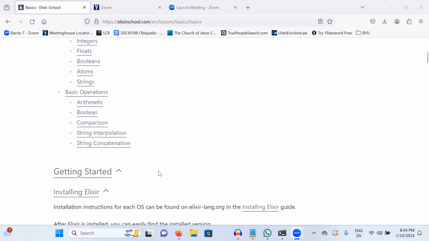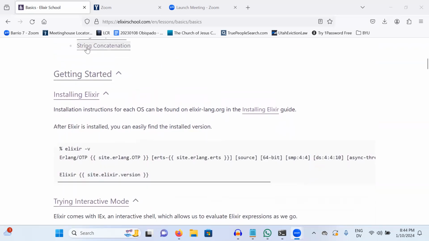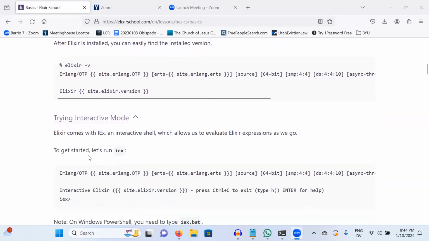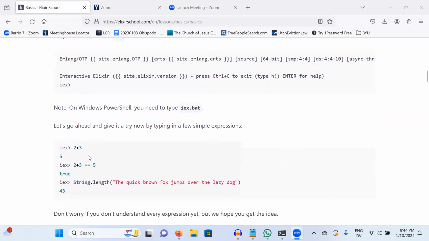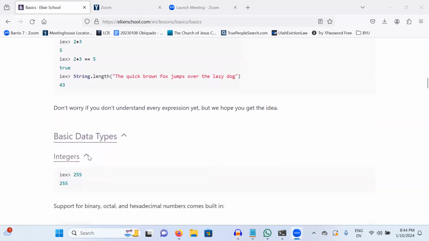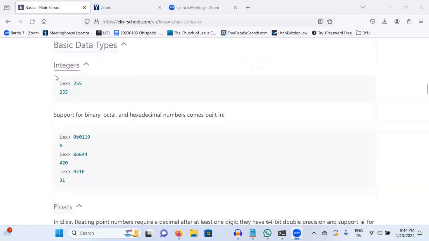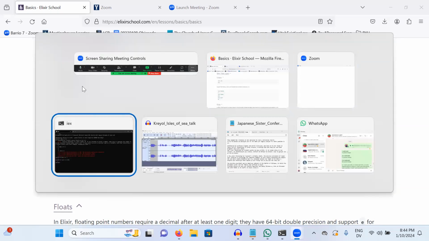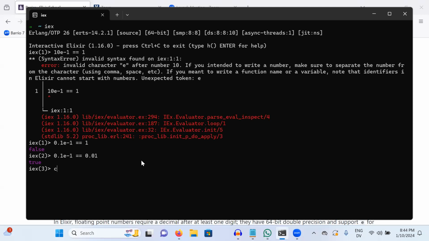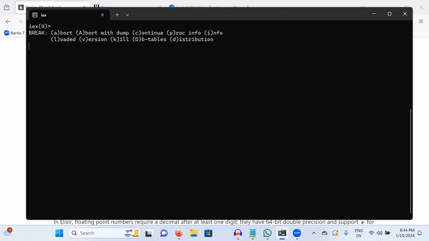So let's get started. So this is actually an installation setup, which my other video went over briefly. But here are our data types. So to start, you need to pull up a terminal or a command prompt window where you have the Elixir installed. And I just need to clean mine up. So you'll start something like this or different. But on the command line, you'll type